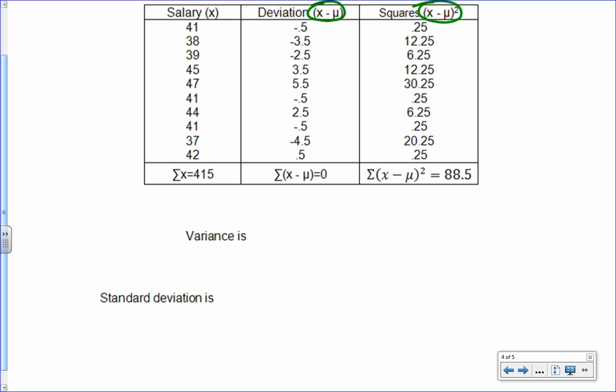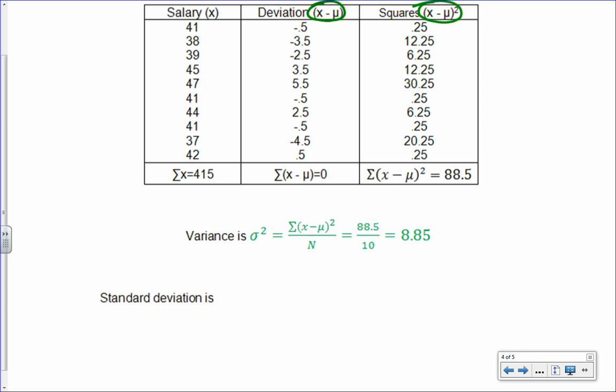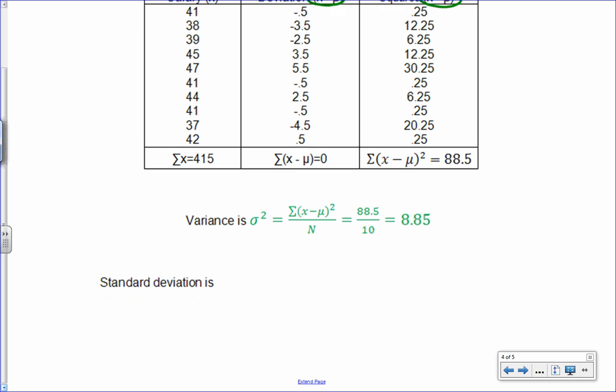So variance, as we learned earlier, is basically the sum of those squares divided by n. So my variance is 8.85. But that's basically the average squared deviation, right? That's really what that is. But I don't want it to be squared. And that's where standard deviation comes in. I want to find out, on average, how much does each data entry vary from the mean. And so to get that, we will do